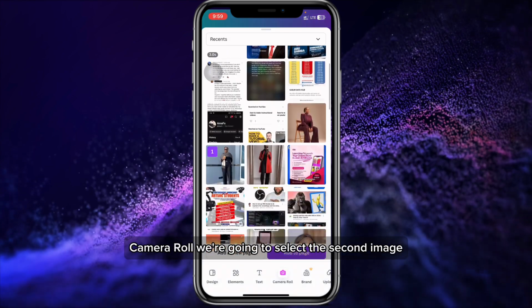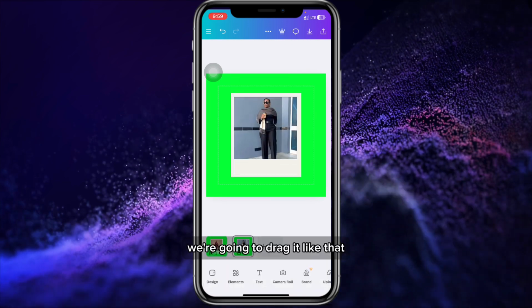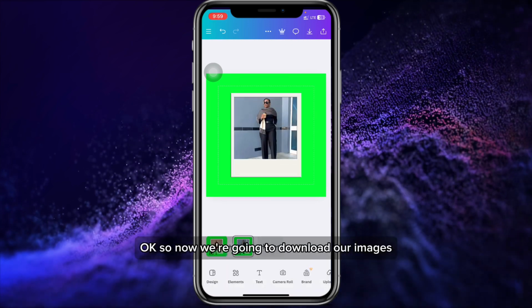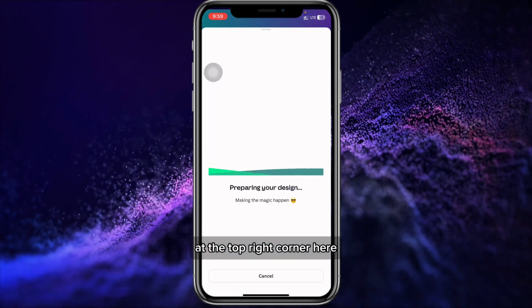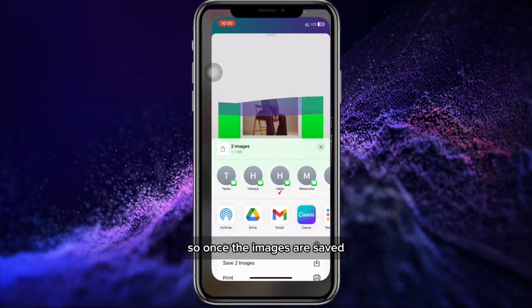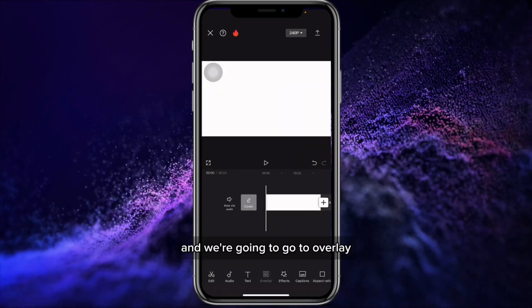We're going to select the second image and add it to the page. We're going to drag it like that. Okay, so now we're going to download our images. Simply click on the download button at the top right corner here. So once the images are saved, we're going to go back to CapCut and we're going to go to overlay,